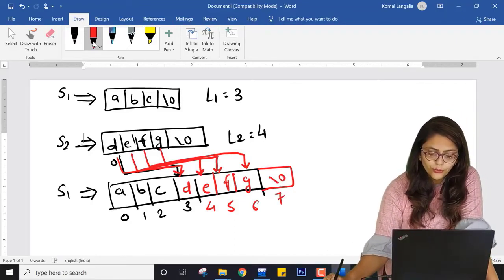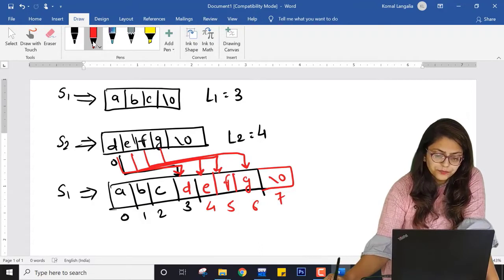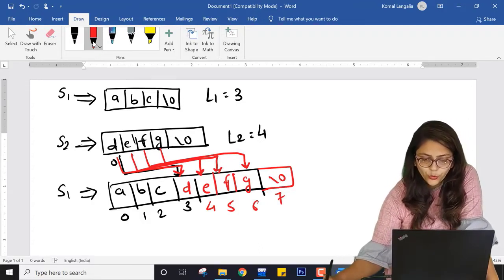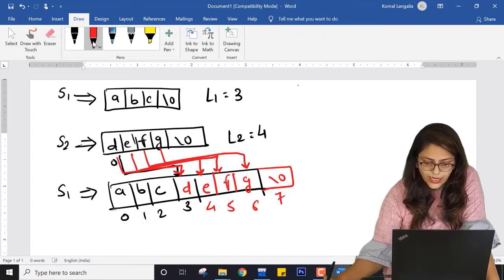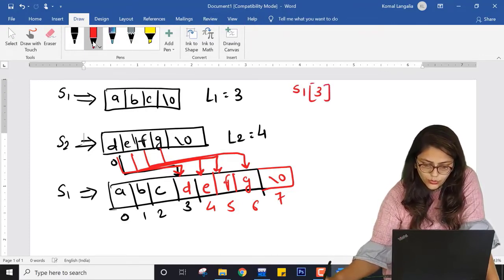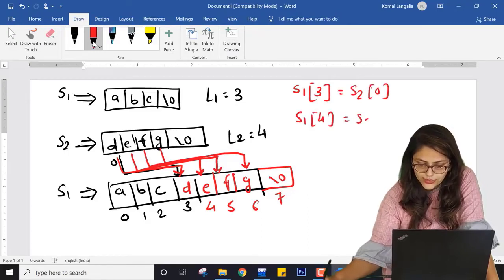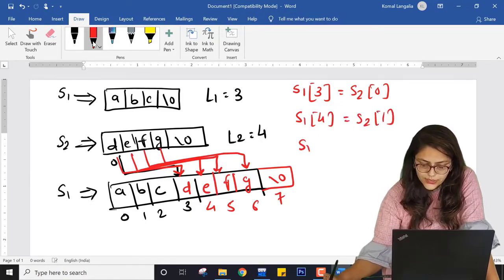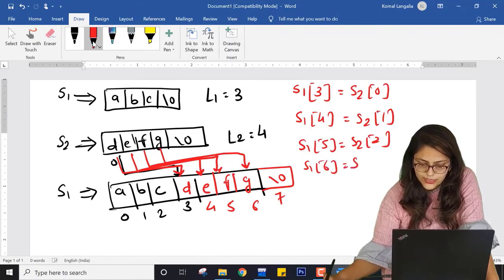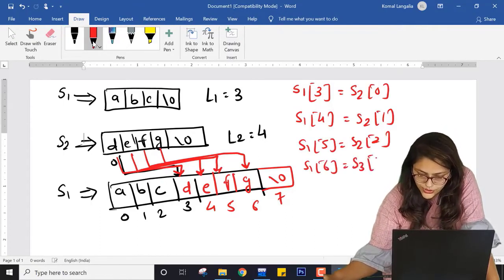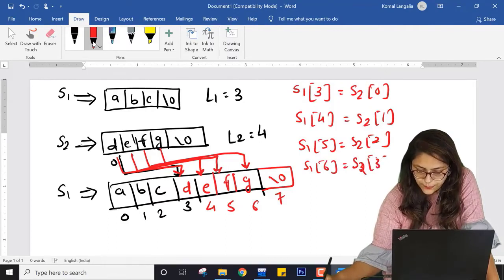So here what you can see, I am doing S1 of 3 equal to S2 of 0. S1 of 4 equal to S2 of 1. S1 of 5 equal to S2 of 2. And S1 of 6 equal to S2 of 3.